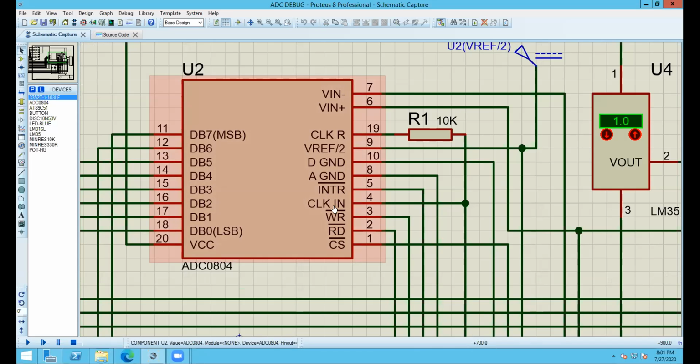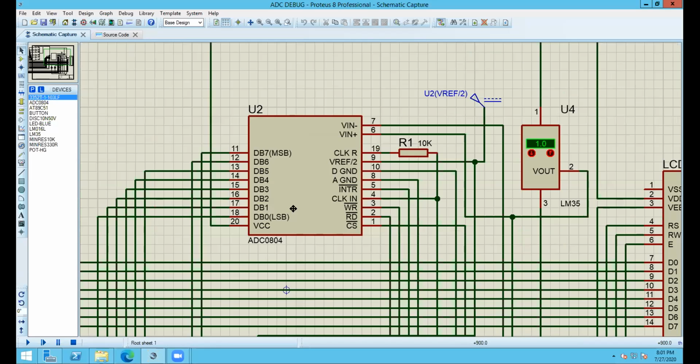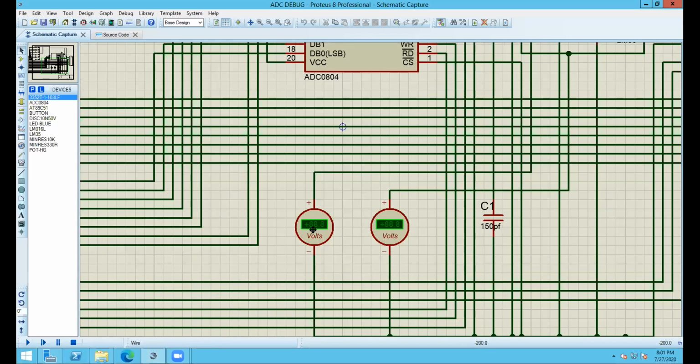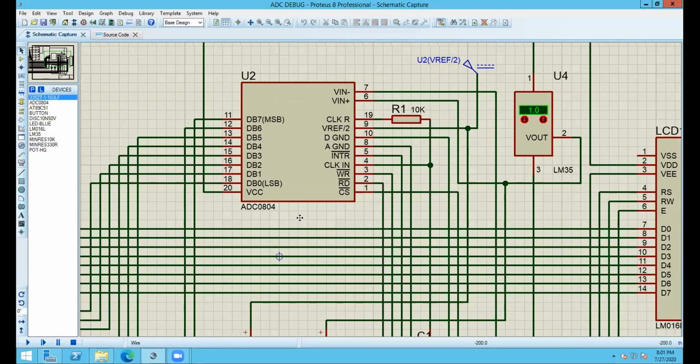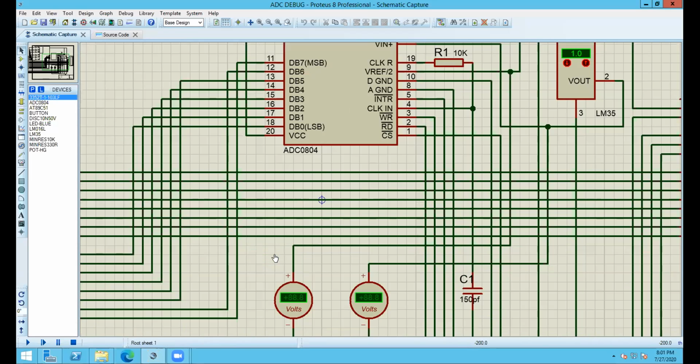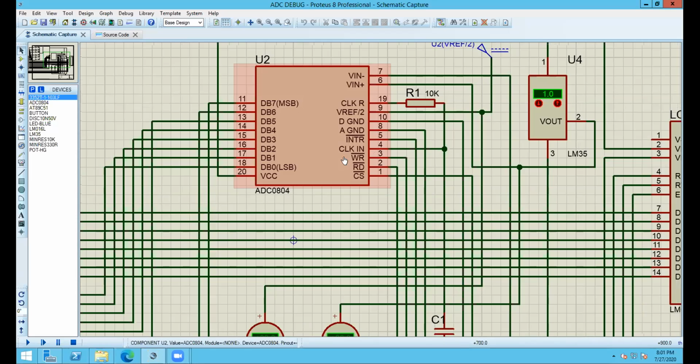Out of these pins, we have some input and output pins. Those are configured in our code. You will see while I discuss the code itself. But right now, just understand that RD bar and WR bar are for commands that intimate this particular IC to read the data, and INTR bar is an output pin that enables the microcontroller to know that the data is currently ready to be read. That means as soon as the data is ready in the output of this ADC, the INTR bar will get low.